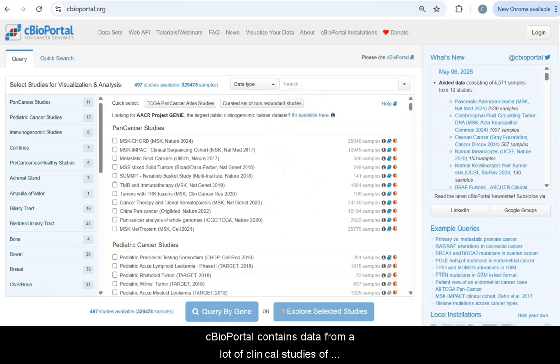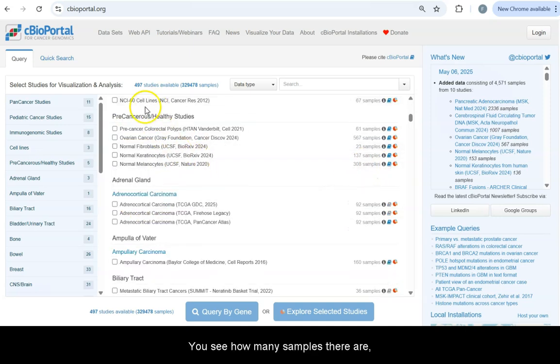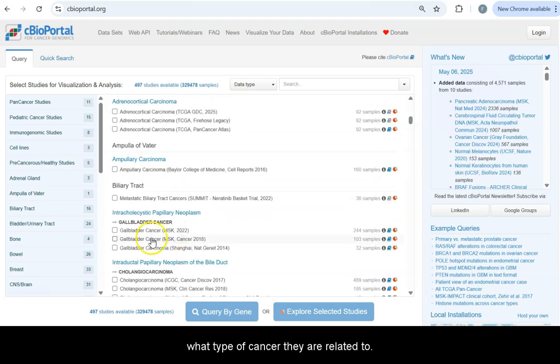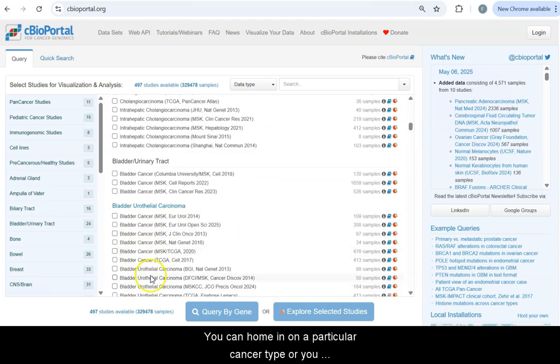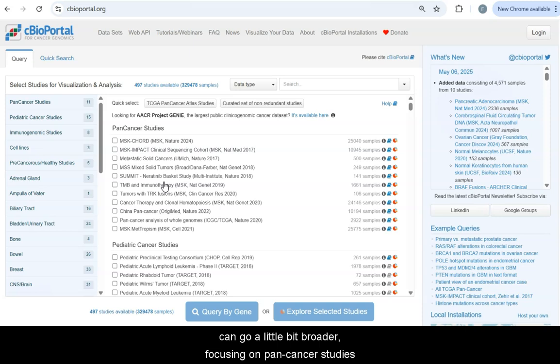And cBioPortal contains a lot of clinical studies of different tumors. You see how many samples there are, what type of cancer they are related to. You can home in on a particular cancer type, or you can go a little bit broader, sort of pan-cancer studies. You see up here that there are 497 studies available,